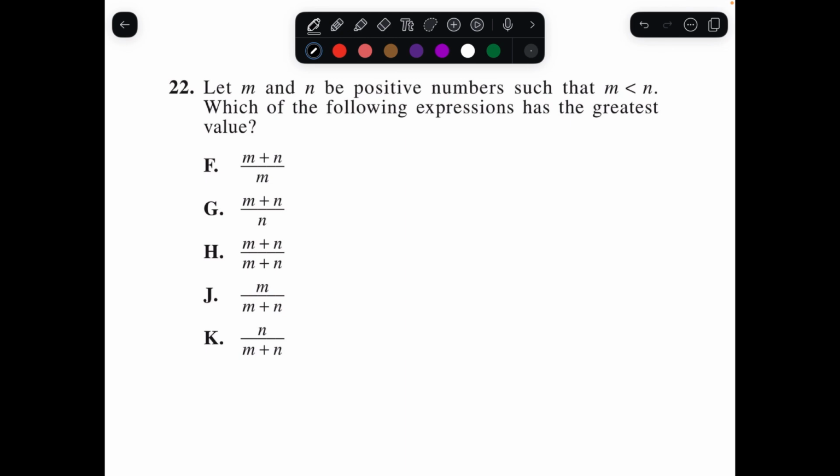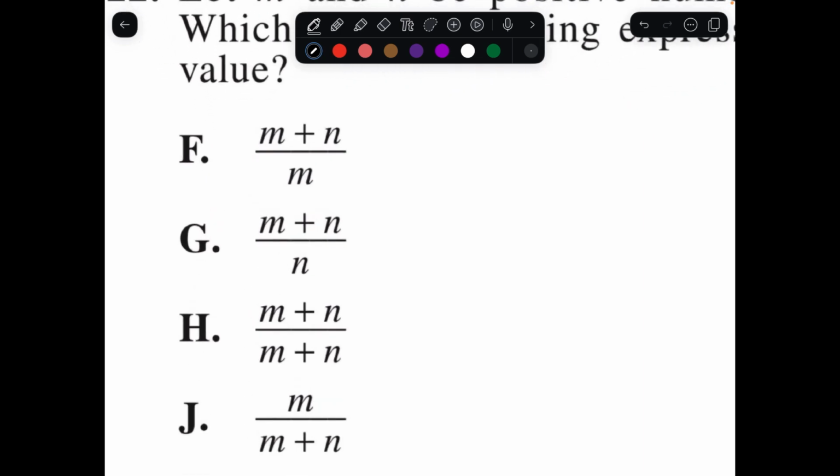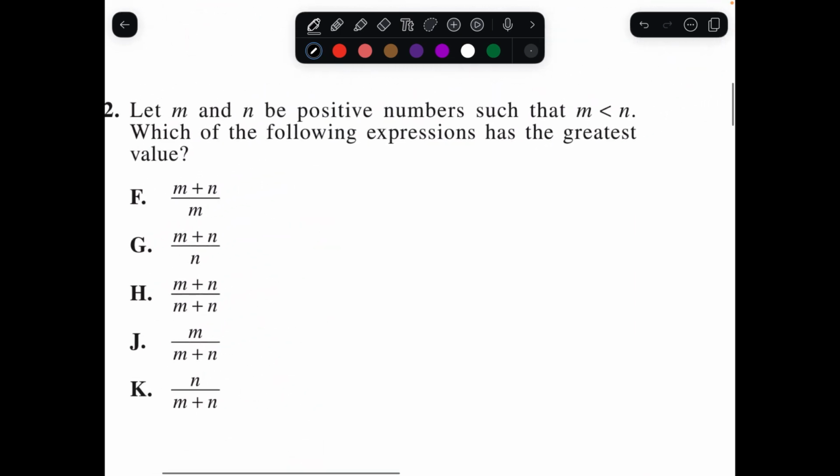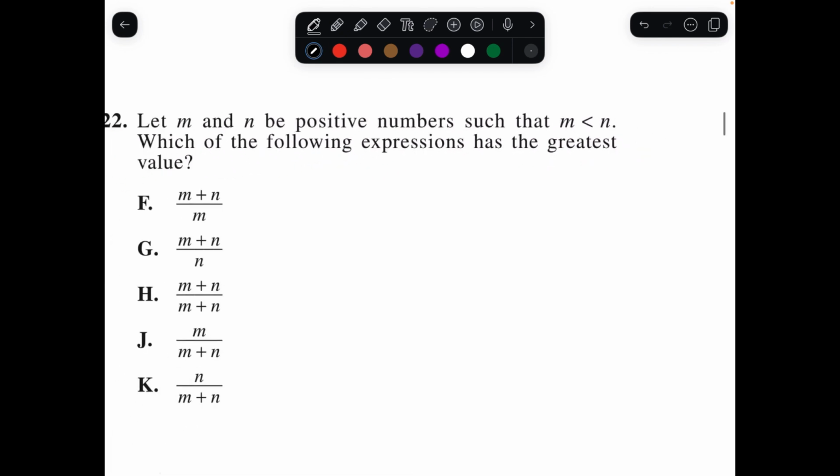Question 22 says, let m and n be positive numbers such that m is less than n. Which of the following expressions has the greatest value? Okay, so for this problem, instead of dealing with these variables, it's much easier to just plug in numbers for m and n, and that's going to make it much easier than just working with these variables. So just pick two numbers that fit this restriction. So for m, let's just pick like 3, and n, let's pick like